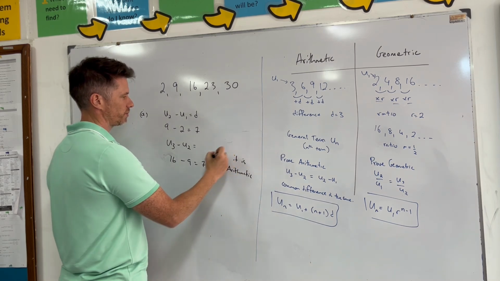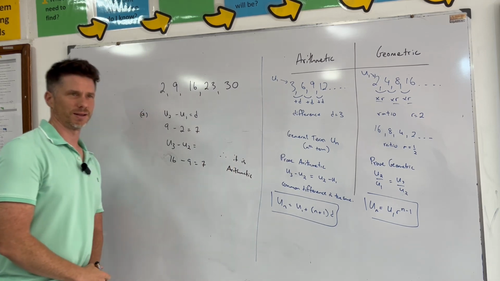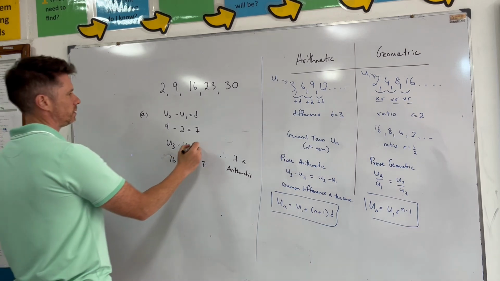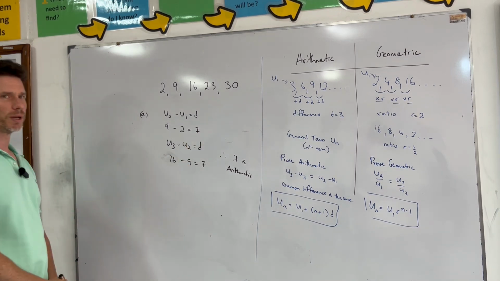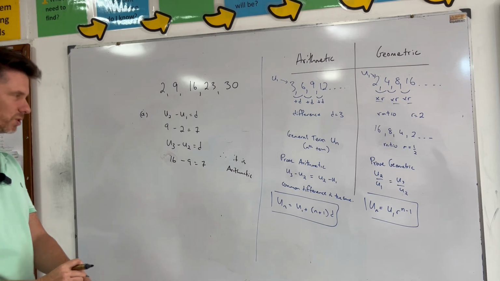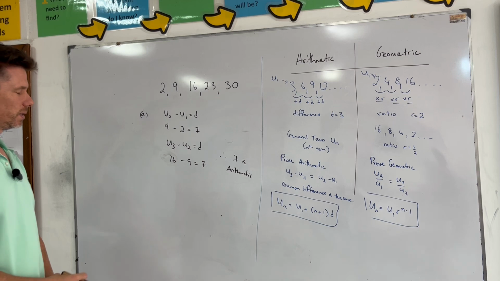Now, if you've never seen those 3 dots together, they're not 3 dots. That means therefore. So you kind of proved it. So the difference is the same for both. That's a long way of doing it. It's possible they could ask you that in an exam question, so it's good to just remember it is quite